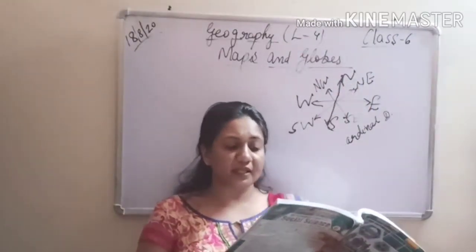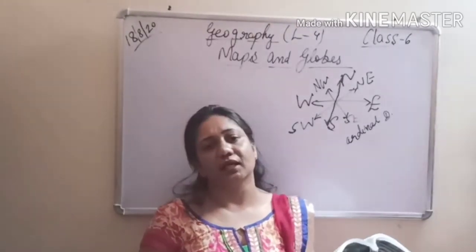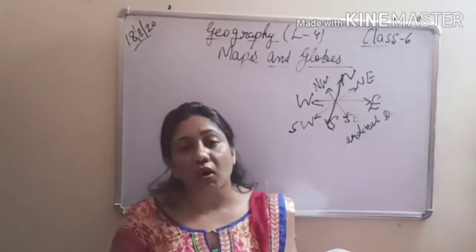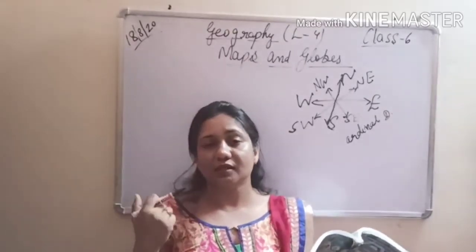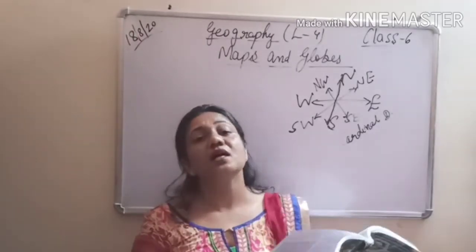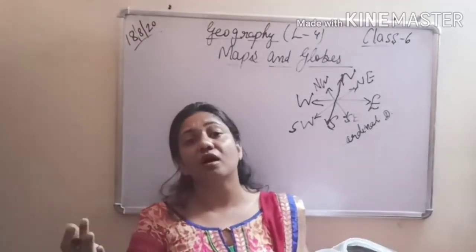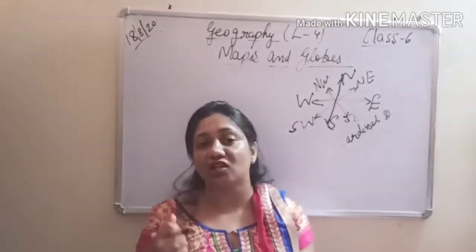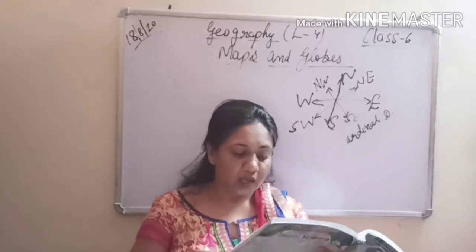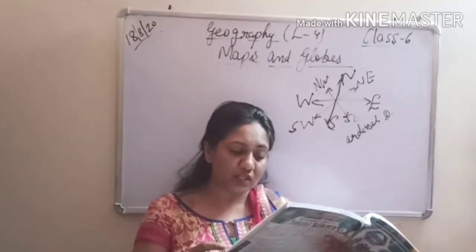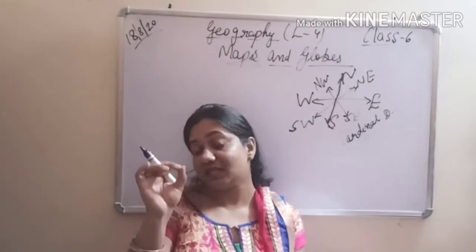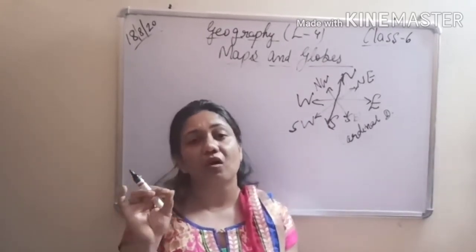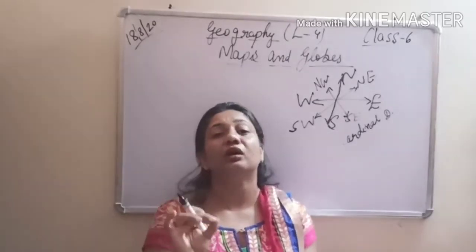The letter N represents the north direction. This we have already done in the first chapter of geography. This arrow is known as the north line, like when we were doing the poles. So it is similar to the north pole and the south pole. Here it is known as the north line because we are talking of a scale, of a line, of a direction, of an arrow. Thus the directions on the map are always shown with respect to the north direction. Please underline, very important: the directions on the maps are always shown with respect to the north direction.